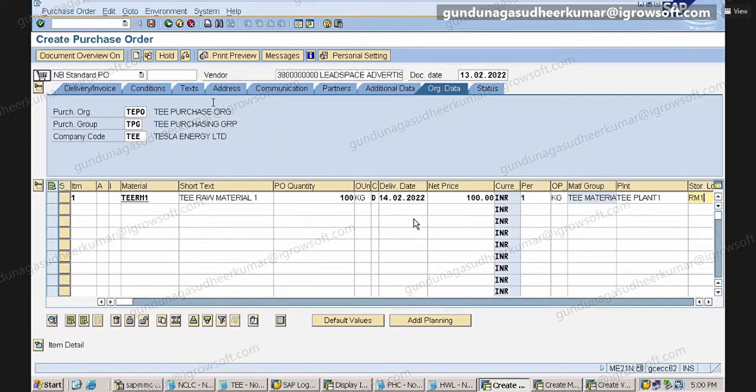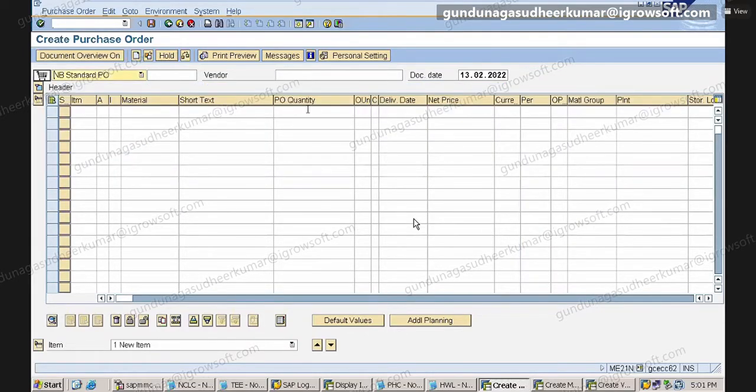Okay. Now you click on the check button here. There is one check button here. What are the fields we have given? Okay. So now again I will give here. Go to ME21 and give the vendor. Open the header.